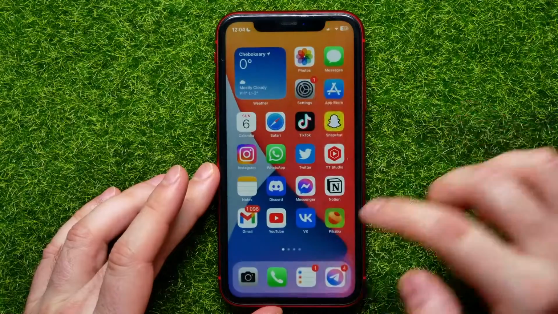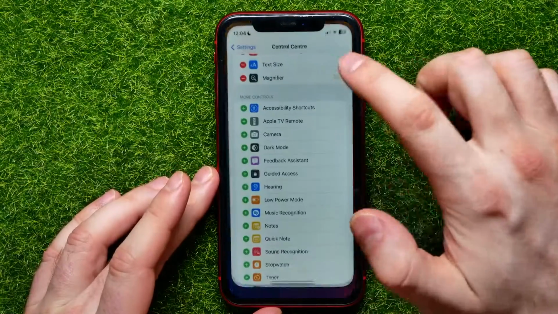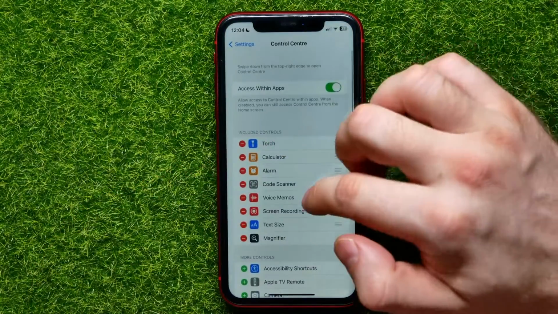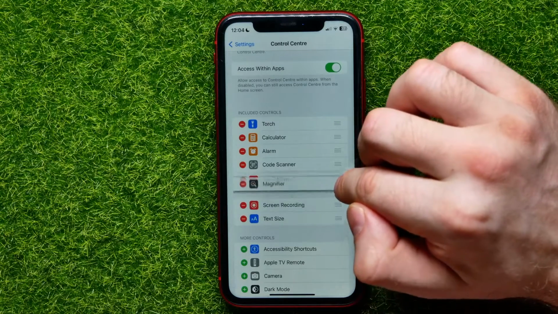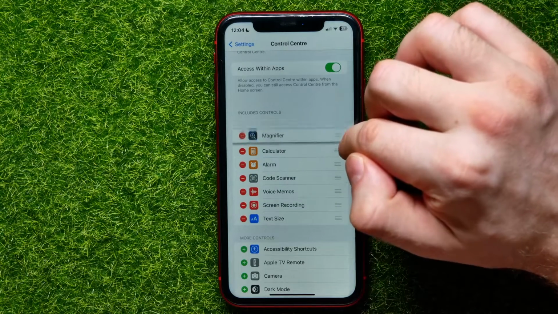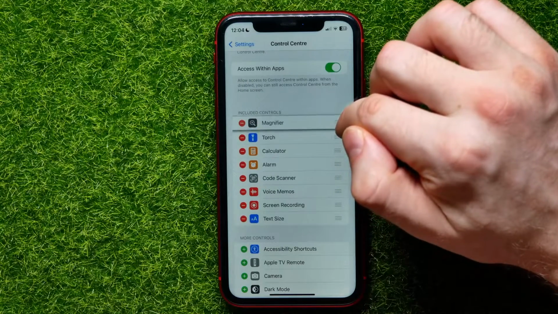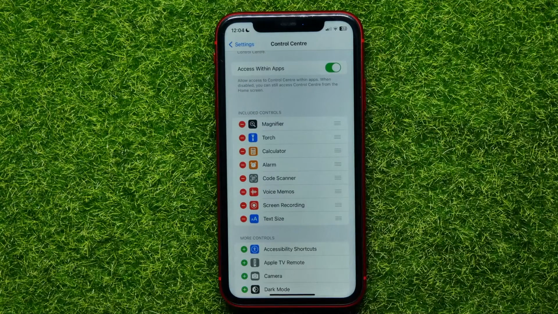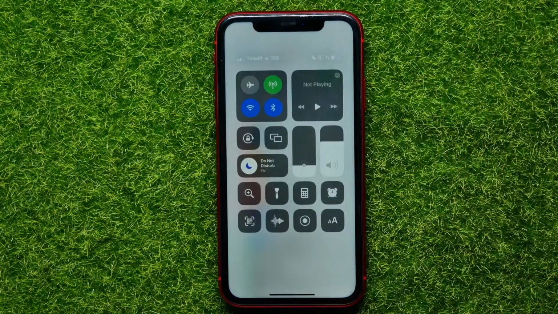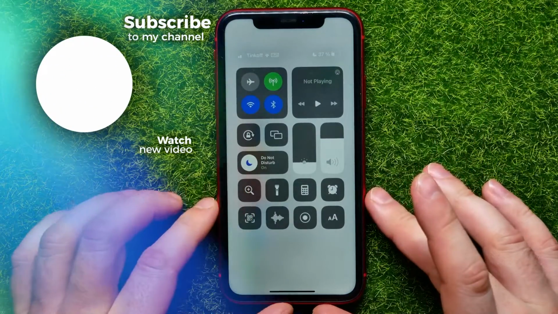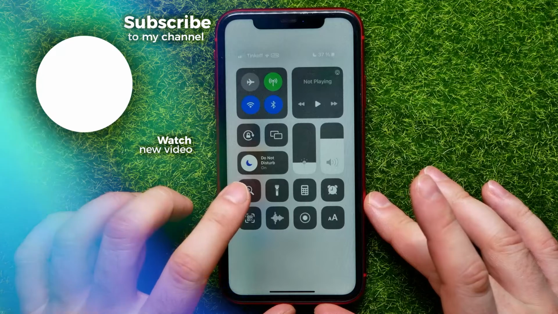Also, from here you can change the order of the icons. You can do it just by simply dragging this feature up or down. You can place it at the very first position. So now if you swipe down and open up Control Center, you can find the magnifying feature at the very first